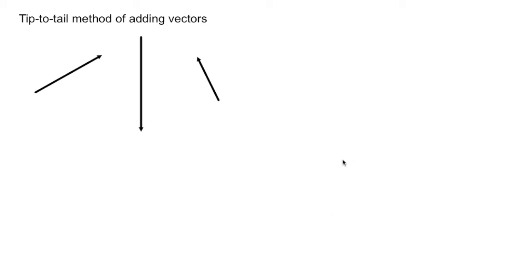So the method that we add vectors together with is called the tip-to-tail method. And for now, we're just going to make a picture. If I want to add these three arrows together, and they could represent something. Maybe they represent three different displacements. Someone maybe walked this far northeast, then this far south, and then this far towards the northwest. To find the total displacement, to add together these three vectors,